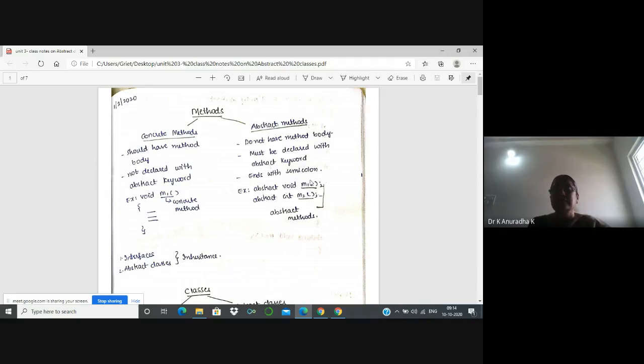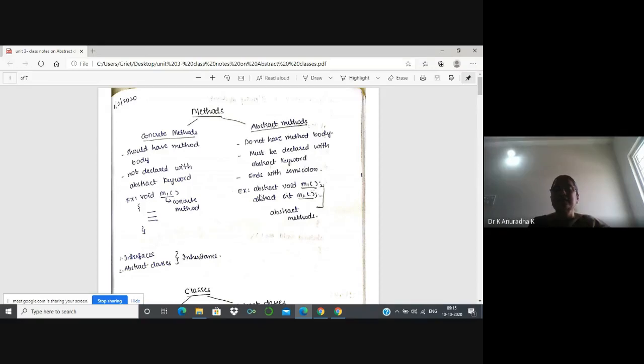This is again a method named M1, the return type is void, and there are no parameters. You know this is the method syntax. After that, this method M1 is declared with the abstract keyword, and this statement ends with a semicolon. So with these three points, we can identify abstract methods.